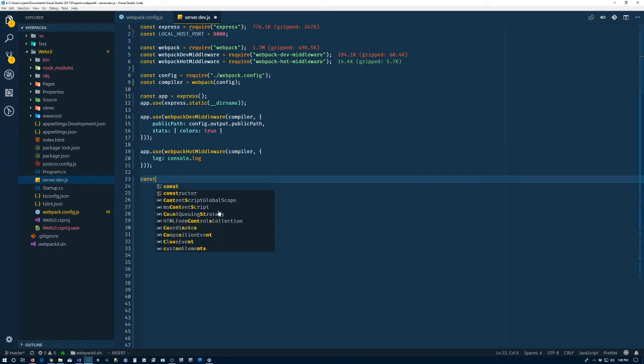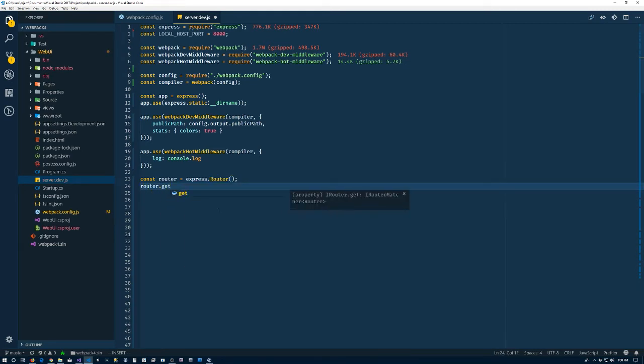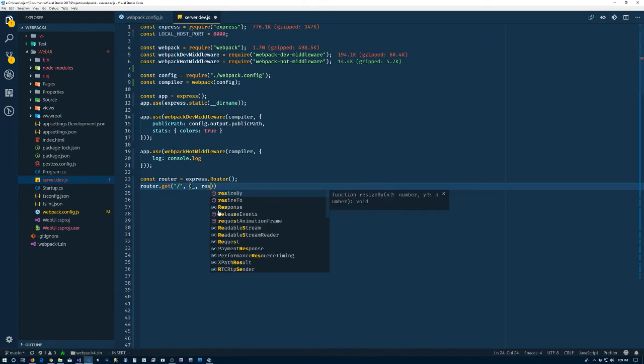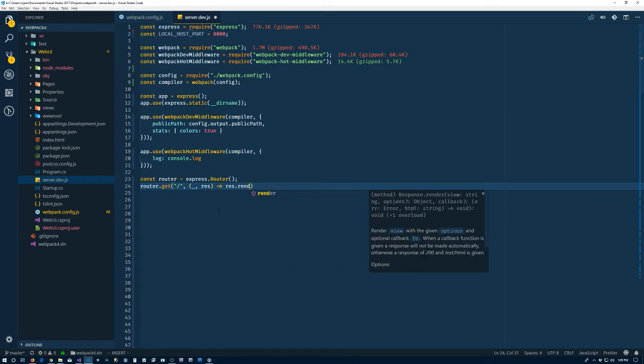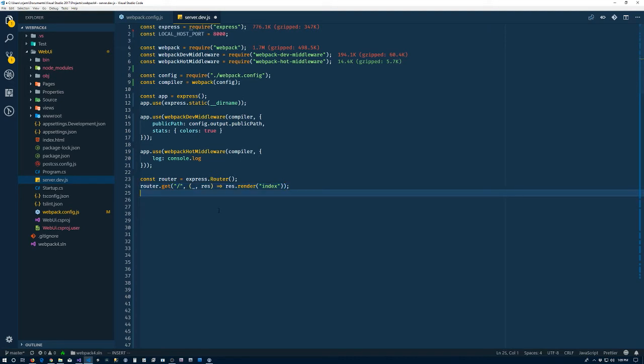What we want next, a little tiny bit of routing. Router, and router.get. So if we get a request for the root, we don't care about the request. Still don't care about the request. Why are you doing things to me here? That's fine. I only want one. All right, and we want the response. response.render, and we'll just render that static index.html file. So now app.use router,